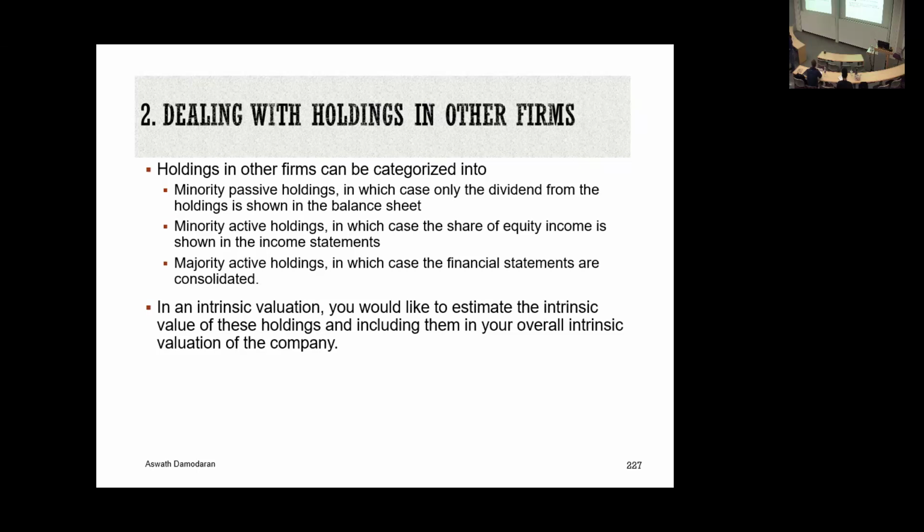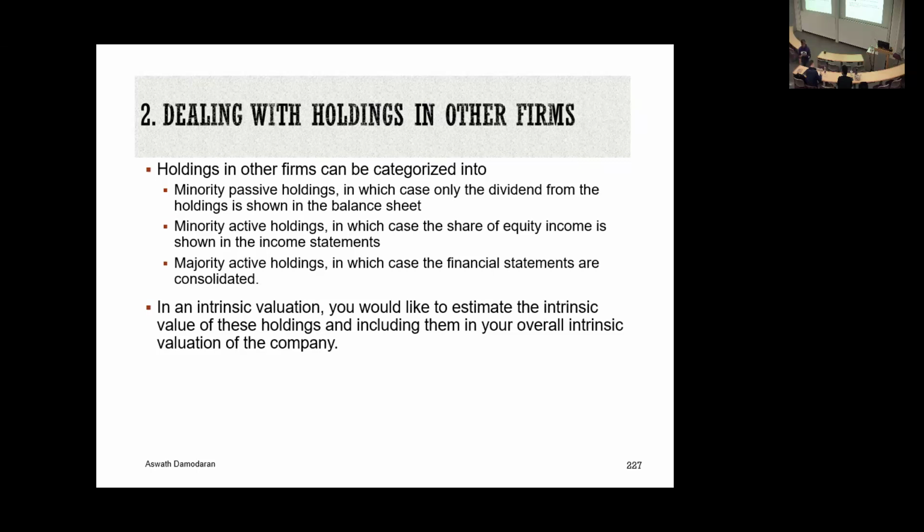And what do accountants do to capture the 40% that doesn't belong to you? What's the item on the balance sheet? It's called non-controlling interest or minority interest. It will always be on the liability side of the balance sheet. So before you get carried away, check out the liability side. If you see a non-controlling or a minority interest, something is being consolidated somewhere. It might behoove you to figure out what it is. Maybe it's too small to care about, but that's consolidation. Now we've added joint ventures to the mix. There are cases where we are allowed partial consolidation, which means you count only the 60%.